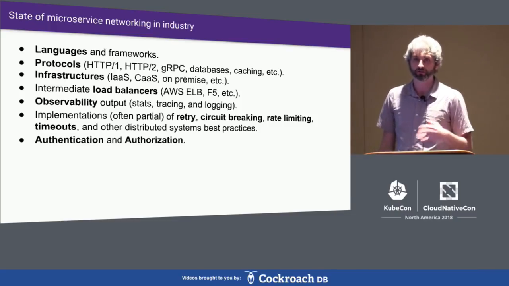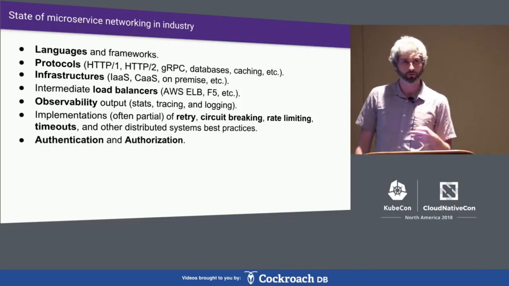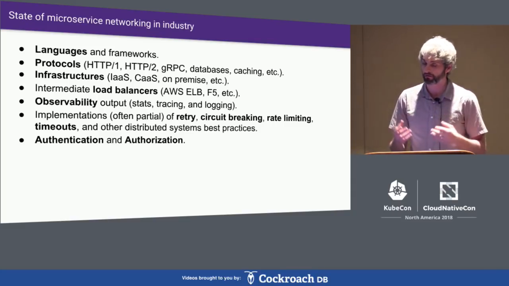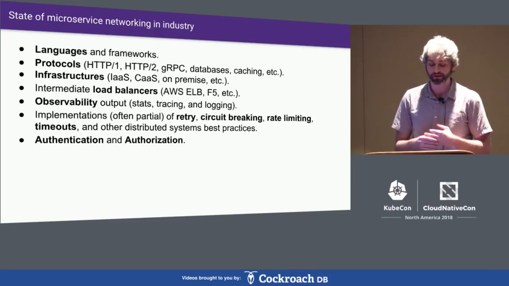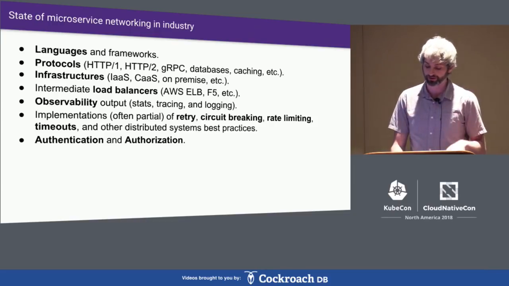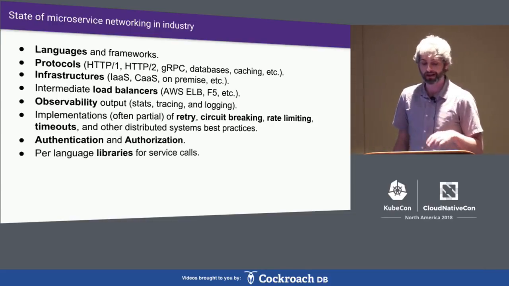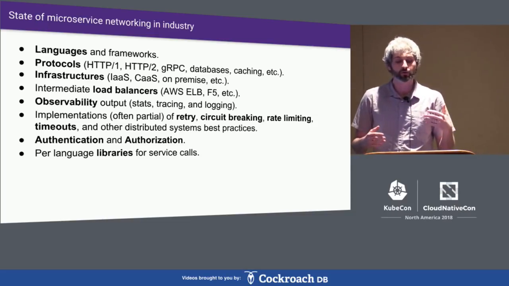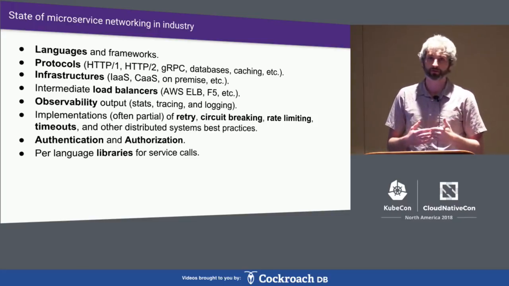Authentication, authorization, these are key concepts. Everyone wants them, but sometimes, let's be honest, they can fall to the back burner. So these are things that might have partial implementations or rollouts. And coming back to the multiple languages and frameworks, we have multiple libraries that people are typically using to solve